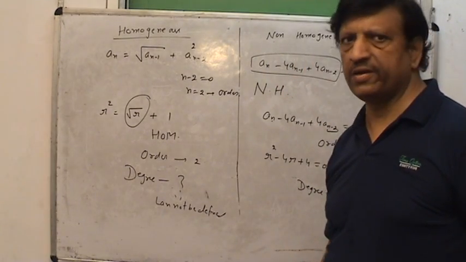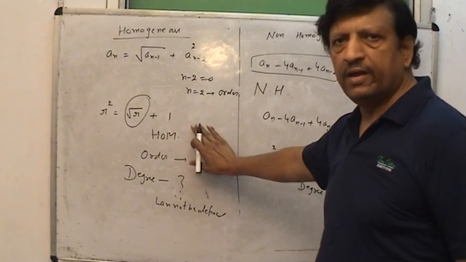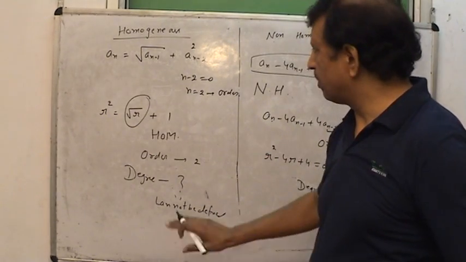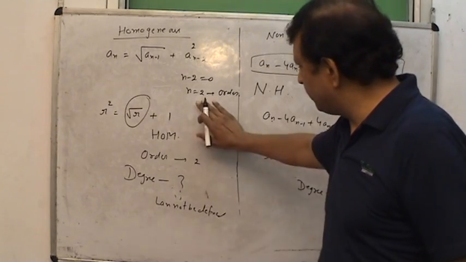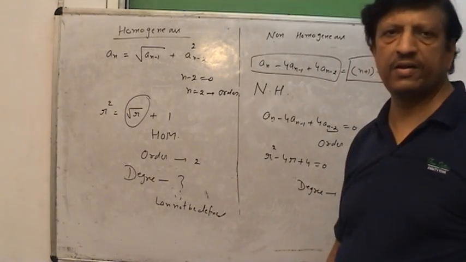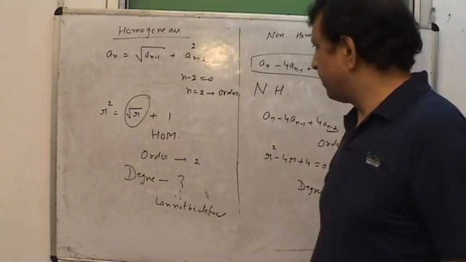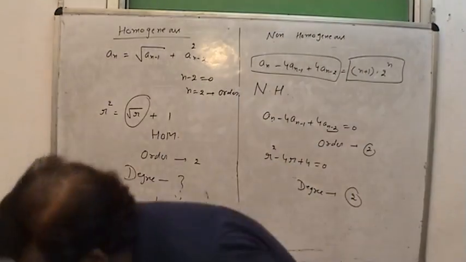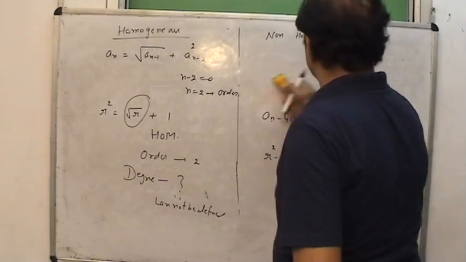It does not mean it does not have any degree. It may have; we can find the degree in some other topics of mathematics, but in this recurrence relation we cannot define the degree of this. Similarly, we take some other examples, say